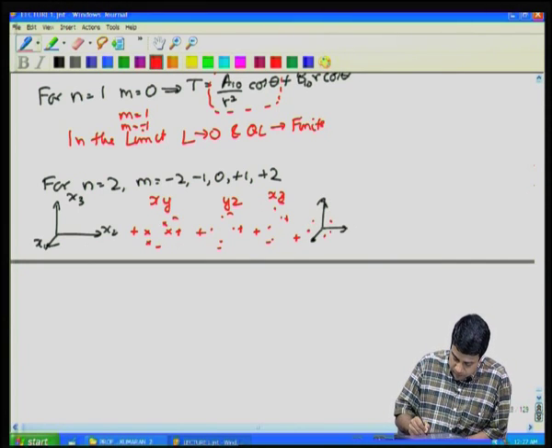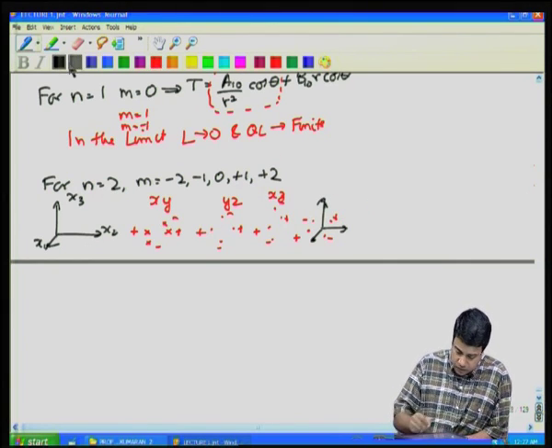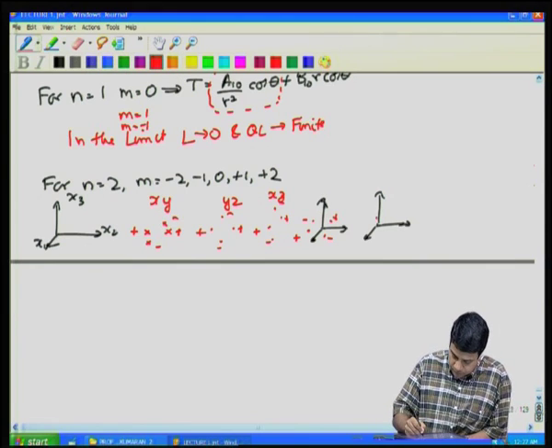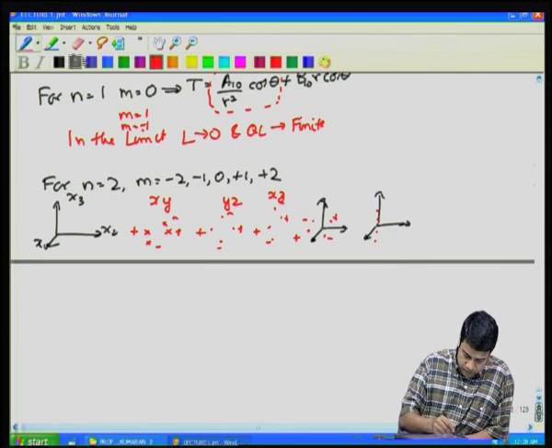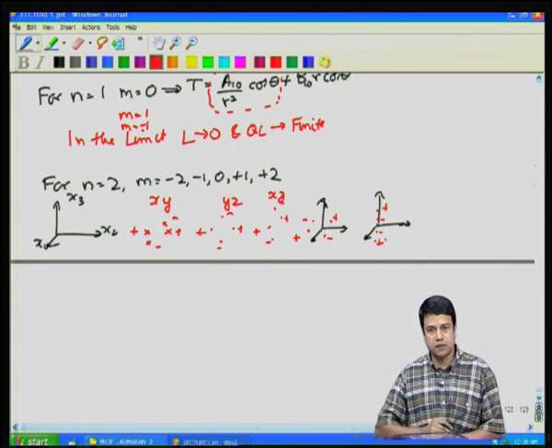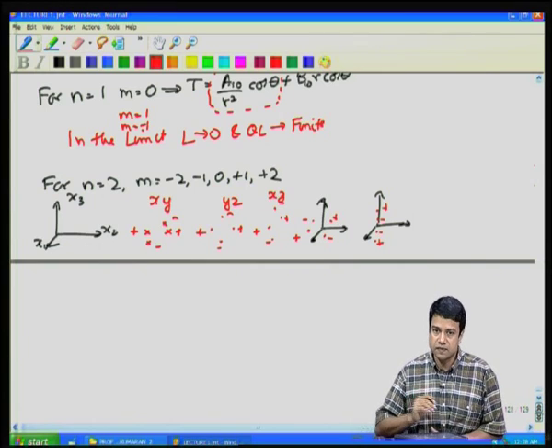And then finally, you have 2 sources and sinks arranged along the z axis. Okay, these were the 5 solutions that we got, combinations of sources and sinks. So, these were physical interpretations of the results that we got by solving the Laplace equation in spherical coordinates